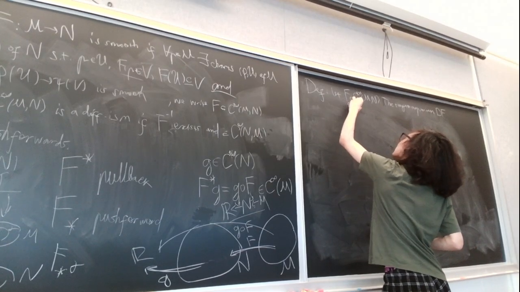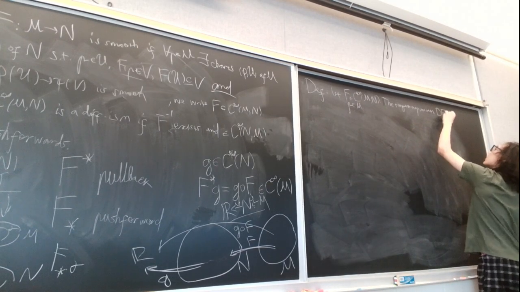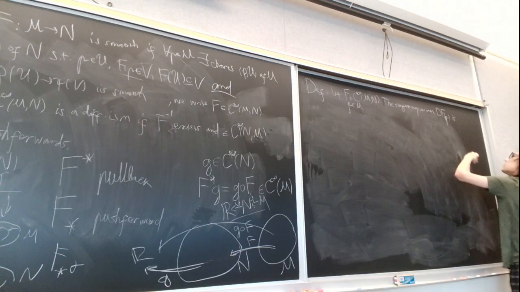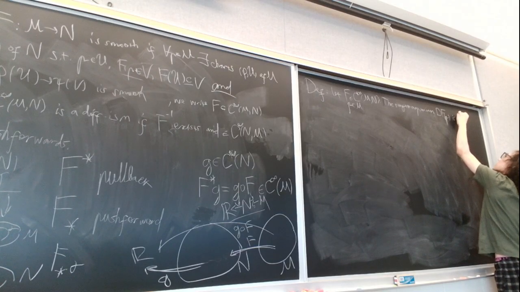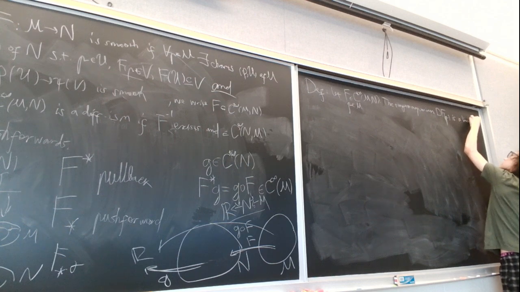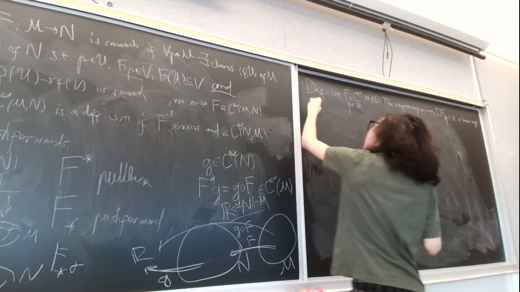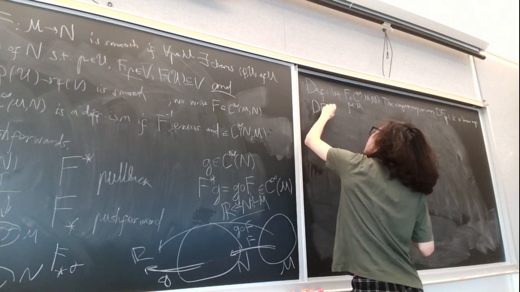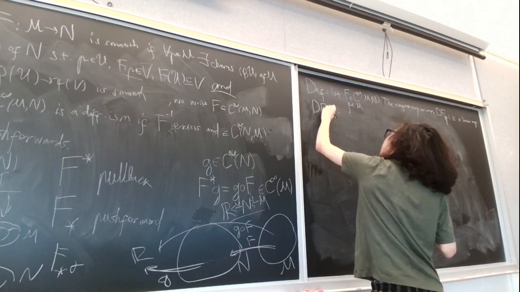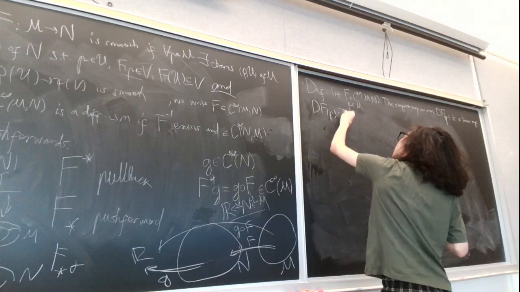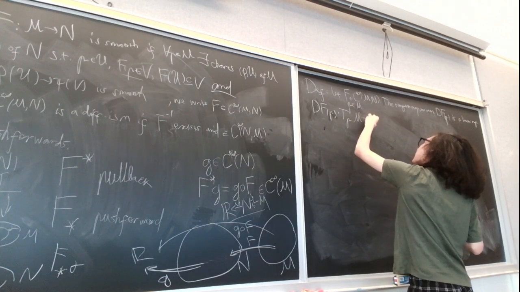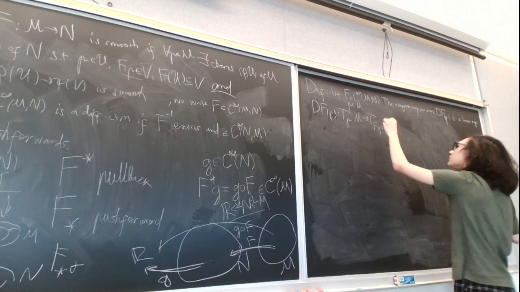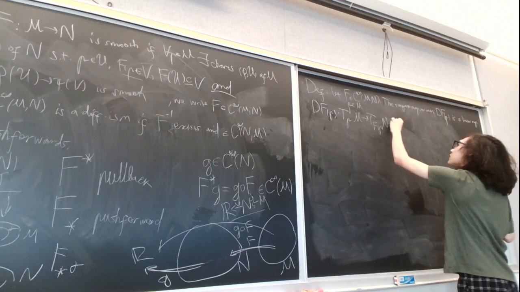Let p be a point on M. The tangent map, written df at p, is a linear map between T_p of M, and it sends it to vectors in the tangent space at f of p in N, given by